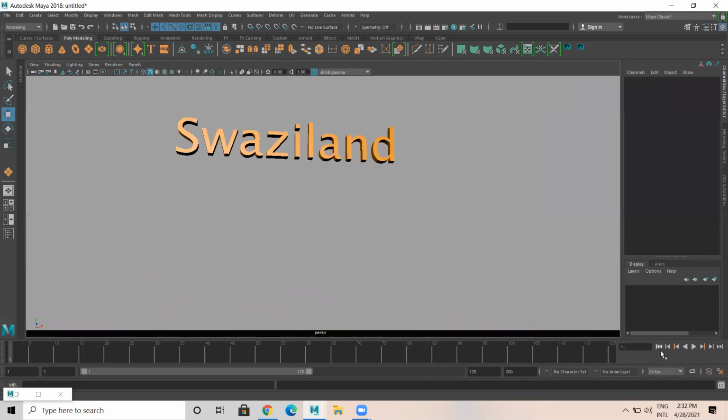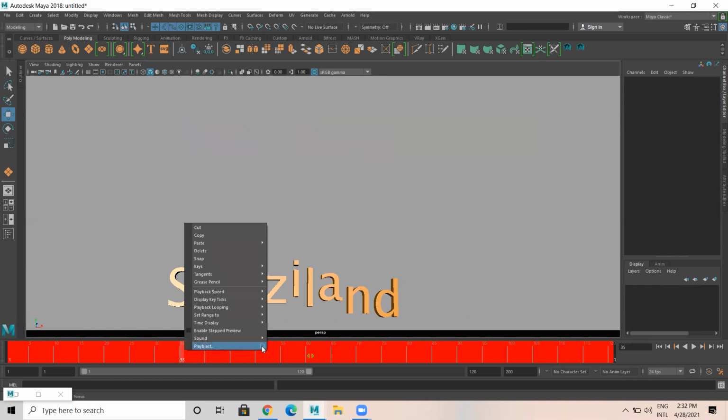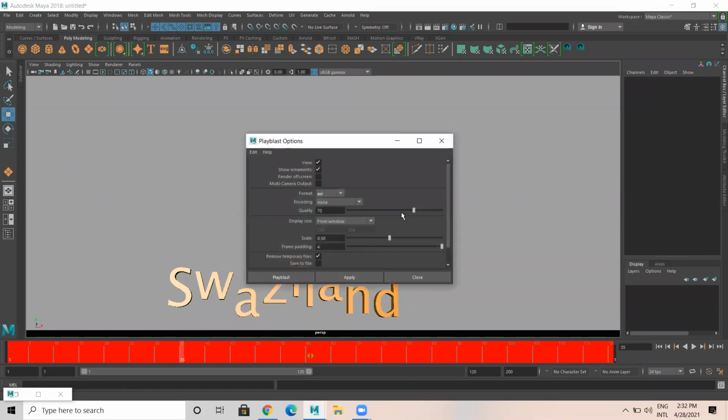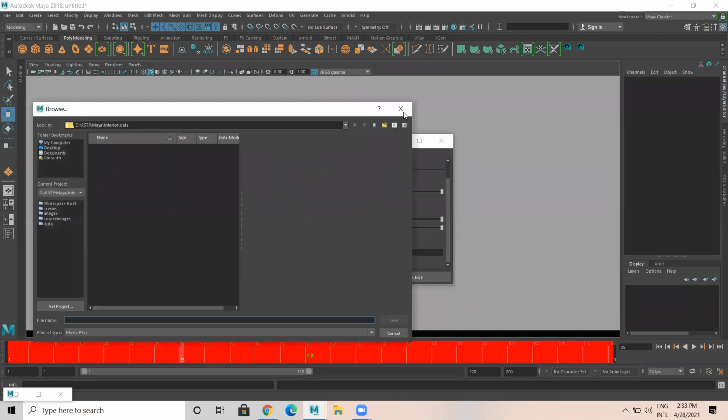it's like this. So now after this, double click on this, right click, playblast, playblast. Click on the option box, which means temporarily recording this, or temporarily screen capturing as a video. Okay, playblast. Click on this option box. Here, quality give 100%. Let it be AVI, video only from the window. Scale, make it 1. Okay, save to file. I would like to save this into a file and browse.